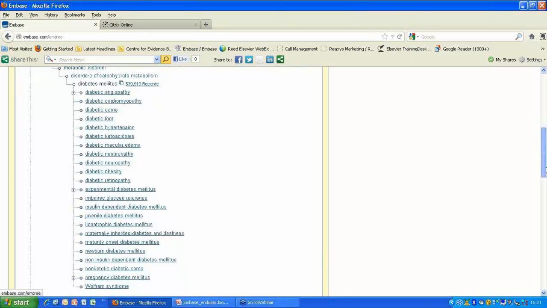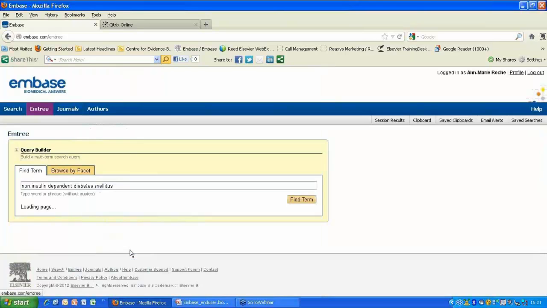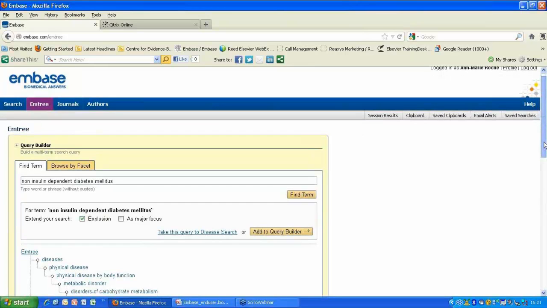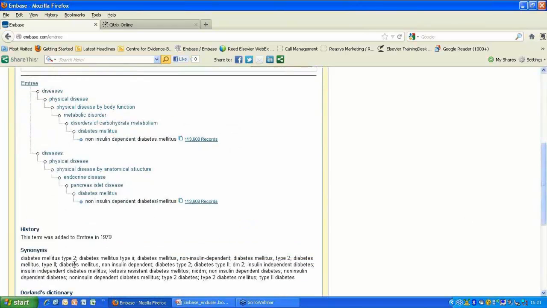And we'll see, for example, our non-insulin dependent diabetes mellitus. Okay, so I can click on this. Now, I know it is non-insulin dependent diabetes mellitus that I'm looking for, and I can double check these synonyms. So if I'm more familiar, we see our type 2 here, for example. Now I could have typed type 2 diabetes into the Entry search form, and it of course would have got me to this point even quicker, but I just wanted to let you see how the terms are organized and how you can use that organization in your search to make it very broad,